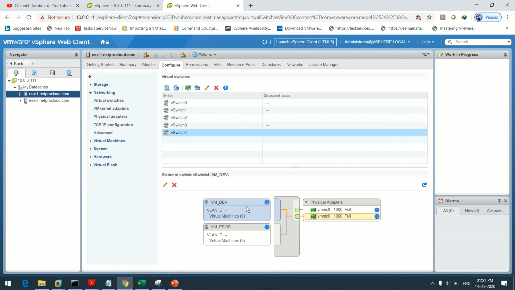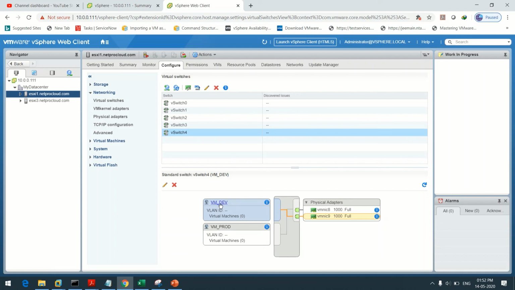So here we have added two VM port groups. One is for development and one is for production. So VM dev, it is for development, and VM prod, it is for production. So vSwitch 4 has been used by two virtual machine port groups. So virtual machine port groups, they don't need any kind of IP configuration.